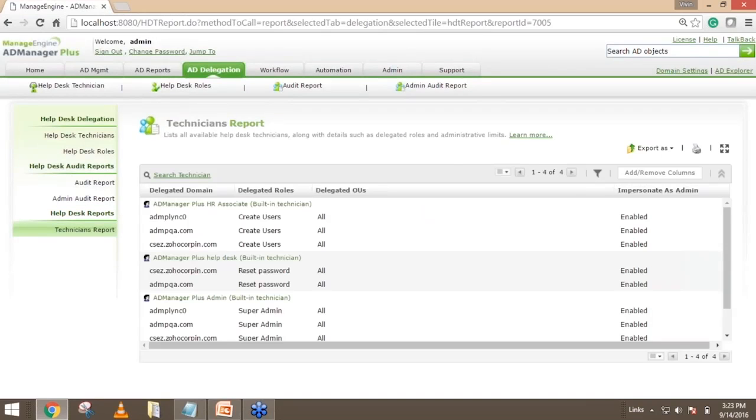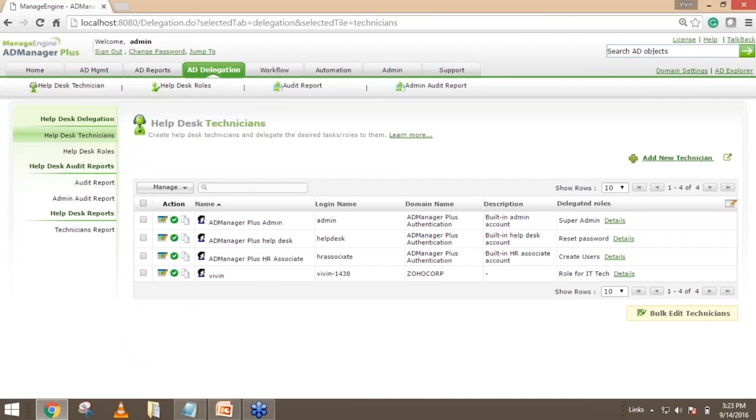And if you'd like to get the list of roles mapped to a technician, the restrictions that you have imposed on a technician and all that, you have a separate reporting section for that as well. So that's delegation for you. You create roles with any restrictions that you want, you map that to a technician, you audit the change, and also you audit any role that you want. So the next one is going to be